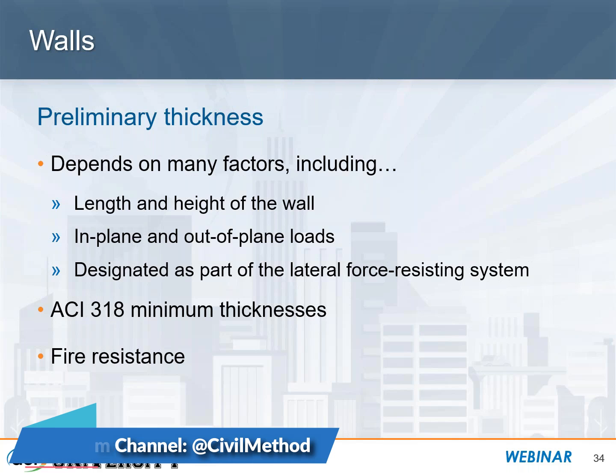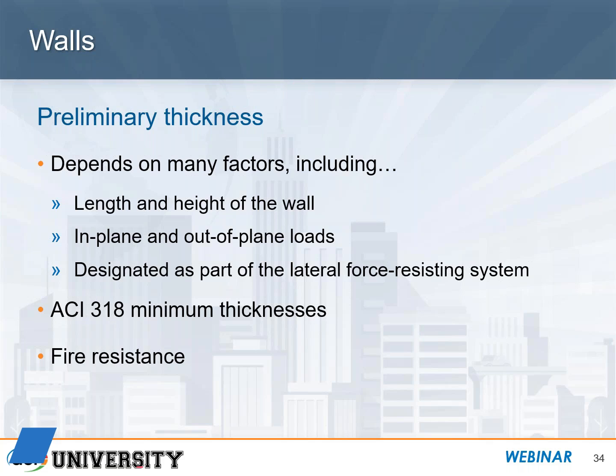If it's a 1-story building and the wall is relatively long, then we know the thickness more than likely is going to be governed by shear. Whereas if it's a multi-story building and it's picking up the lateral forces from wind, generally speaking, that thickness is going to be governed by a combination of axial force and bending. And there's really no good way, unless you have some rules of thumb in your office that you use, to come up with the thickness for this. You can certainly start with shear and work from there,